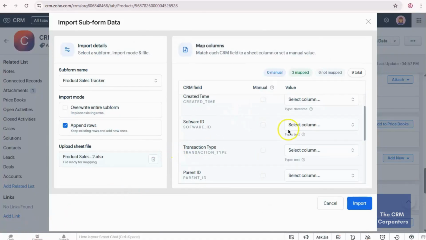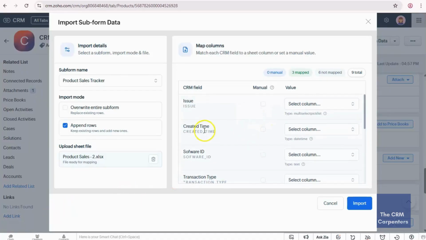Once uploaded, the extension walks you through mapping your spreadsheet columns to the correct CRM subform fields so your data lands exactly where it should be. This side shows the column data from your uploaded file.